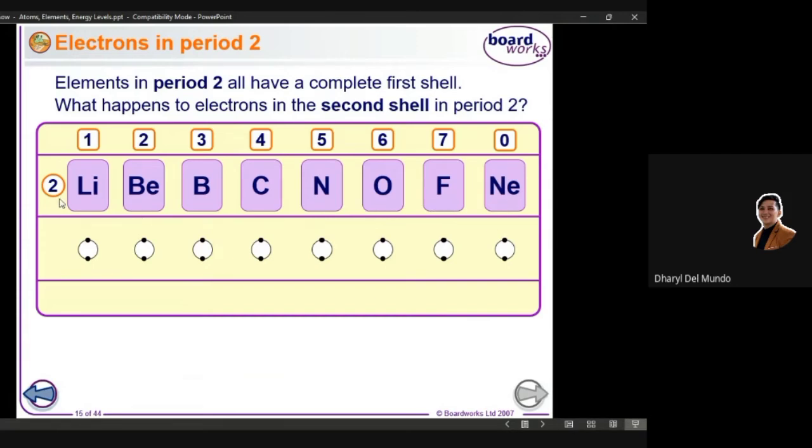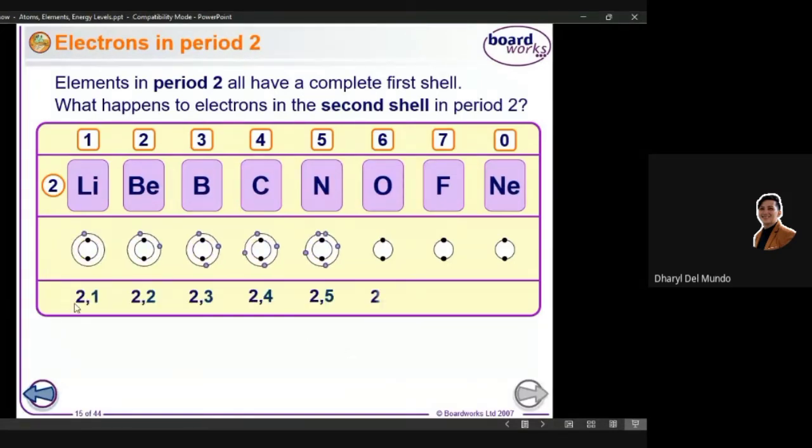Sorry, it's in period 2, not column 2, but period. Because the columns are the vertical lines of the periodic table, which are the group or the family, while here it is the period. Alright, so period 2, the horizontal part of the periodic table that comprises lithium, beryllium, boron, carbon, nitrogen, oxygen, fluorine, and neon, has a complete maximum of 2 electrons in the first energy level,